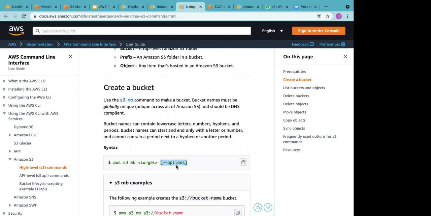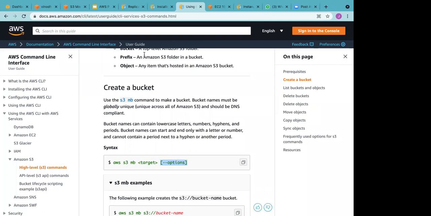If we create a bucket using just this much, only the default settings would get enabled, right? But if you want to enable any specific setting, for example versioning, we know by default it's unversioned, but we want to enable it, you need to pass all those things using the options.